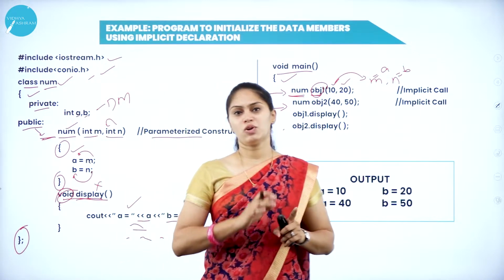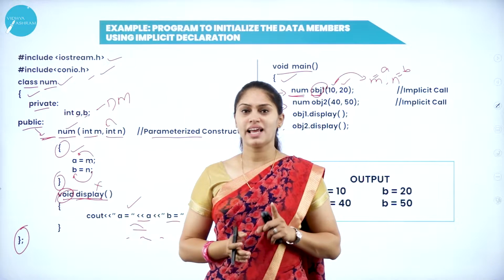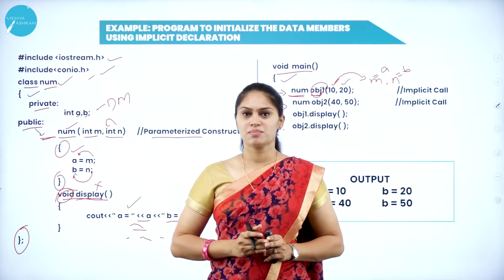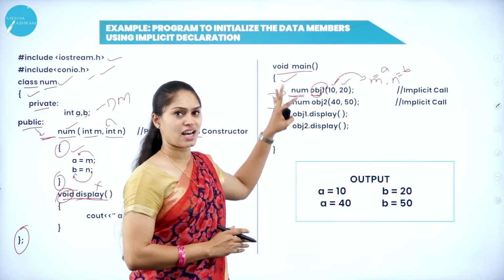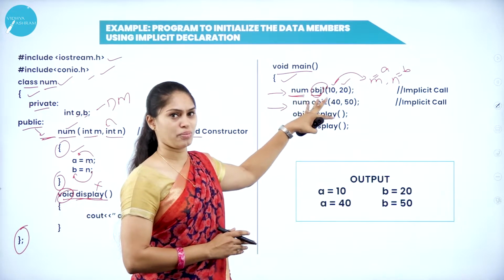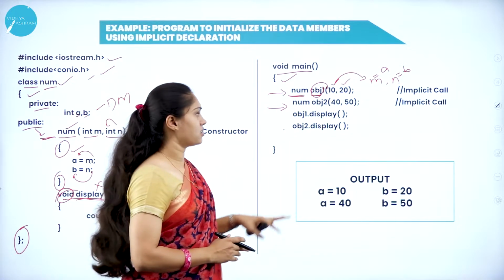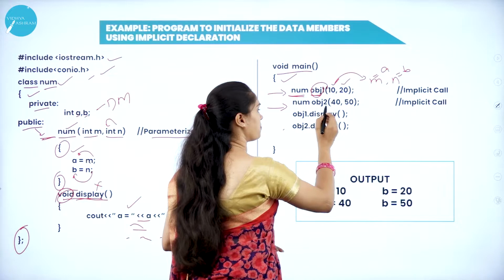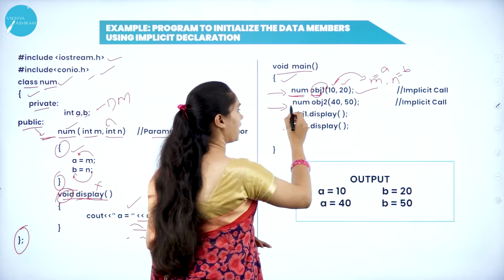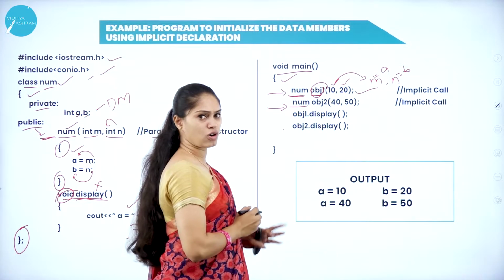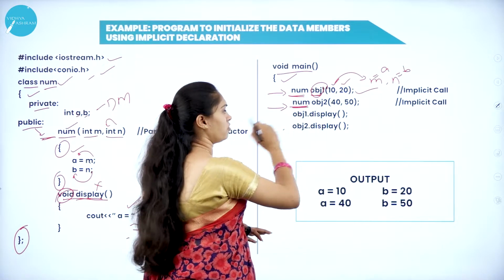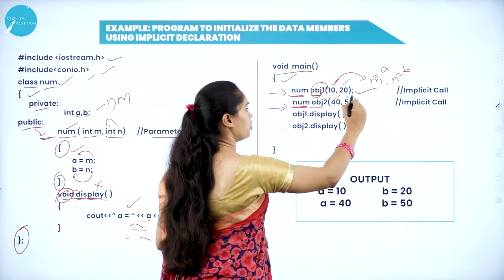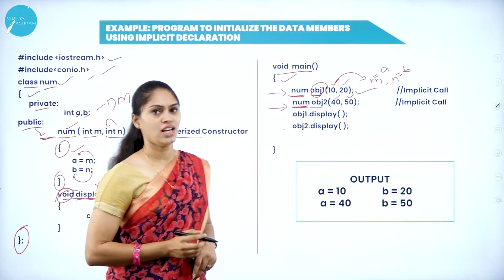Here I have two instances of a class, that is object 1 and object 2. So object 1 is going to have a copy of this class, and object 2 will also have the same copy of the class. Getting? So I have two objects, that is obj1 as well as obj2. I am using the parameterized constructor. After this line I have one more object, that is object 2, under the scope of class num. I am creating an object 2. In this also I am sending two parameters 40 and 50.